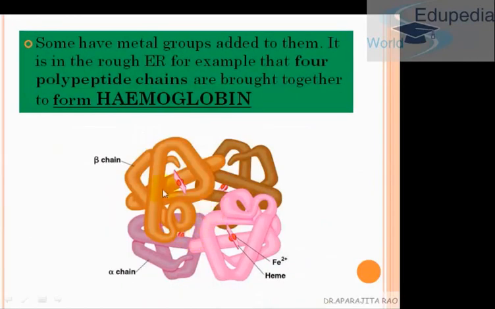Another very important thing that happens is the formation of hemoglobin. Hemoglobin is very important to us. When you go to the doctor, they say, please check your hemoglobin, you might be anemic. Hemoglobin is responsible for the oxygen carrying capacity of the cell. This hemoglobin is formed in the rough endoplasmic reticulum. It has 4 polypeptide chains. What is a polypeptide chain? Protein. This is brought together with a metal group. Which is that metal group? Heme, and that is iron. When this combines, a hemoglobin molecule is formed.